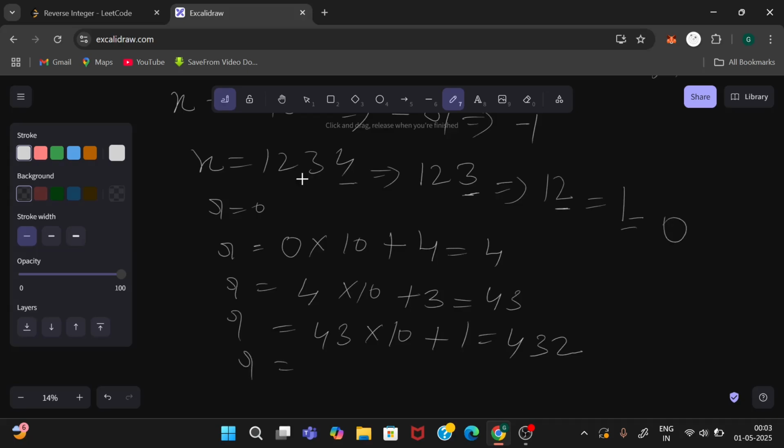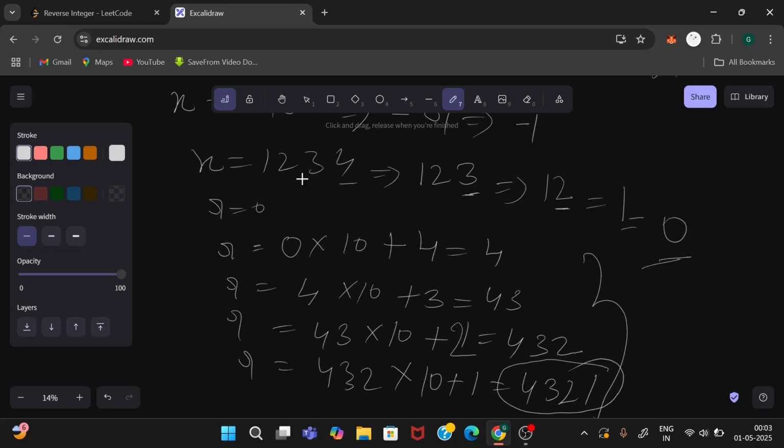Then r equals 432 into 10 plus 1 equals 4321. Then we got the reverse of this. We do this until we get x equals 0.